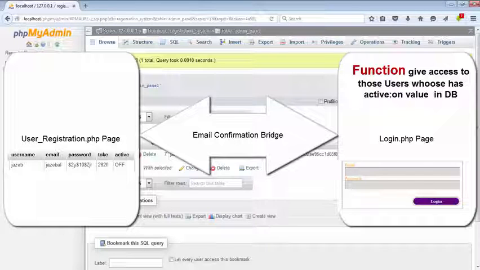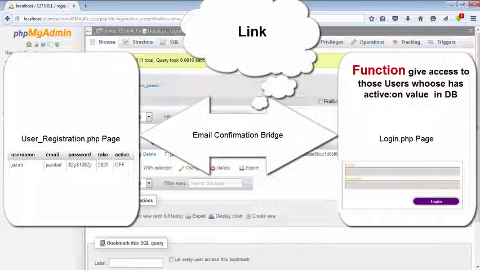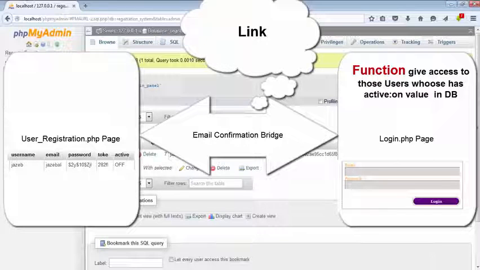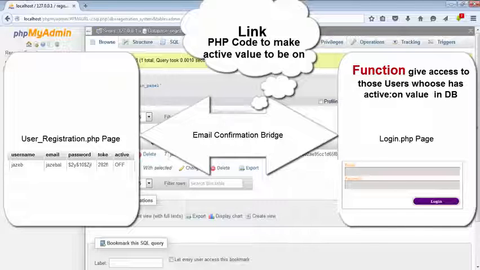So when the user hits the button of register on register page, we are going to send our user an email and ask him to verify his email by clicking on one link. Then the user will click on that link, and on that link we will add a code to make the value of our active to on, and then we will send a success message in session that you activated your account successfully. Now by this link we activated our user and made the active value to be on in our